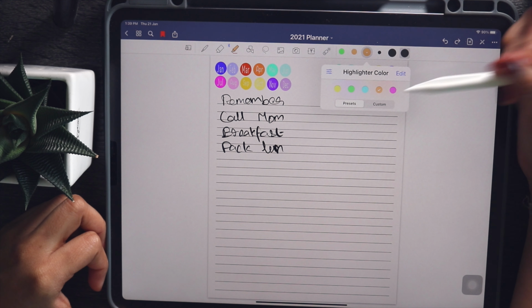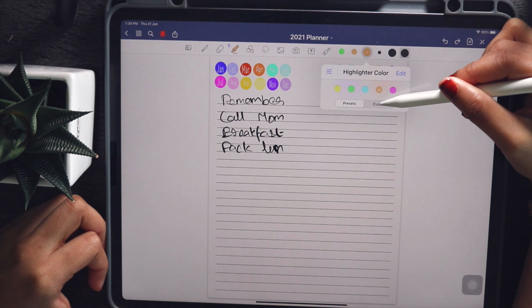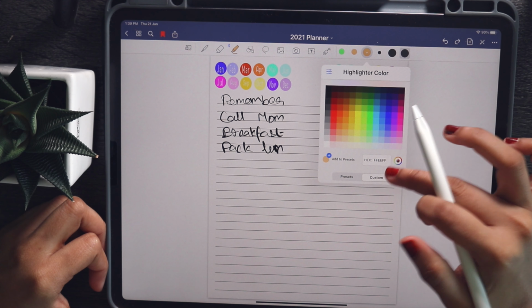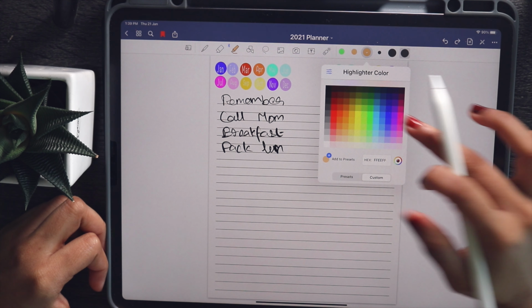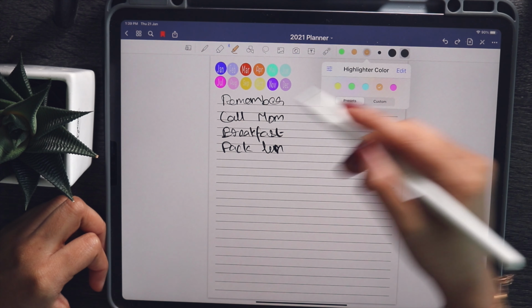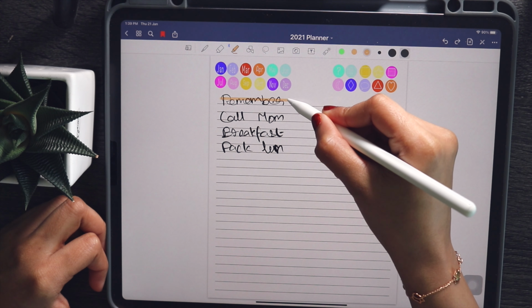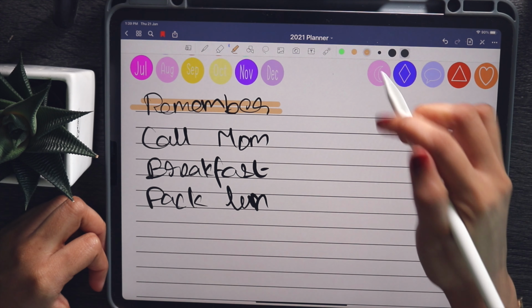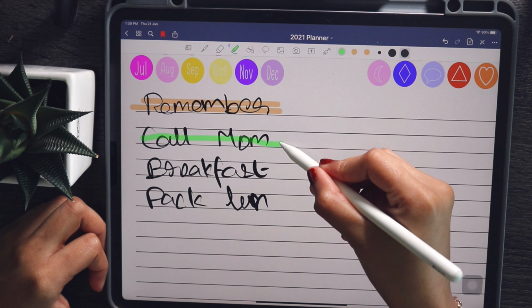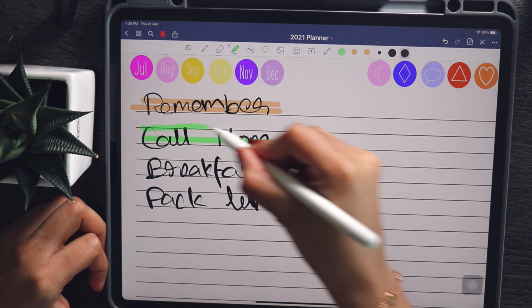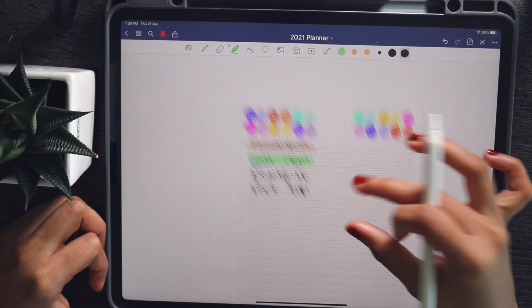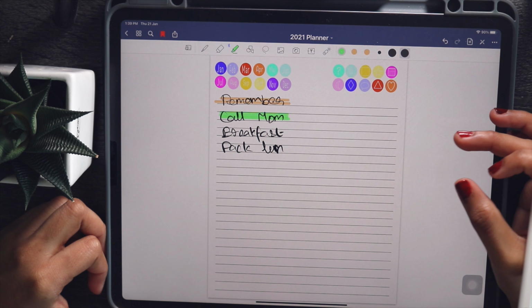So you can choose to do just the lighter or both the light and dark colors. And then once you turn on that lighter and choose a color, you can highlight some more important things. This is one thing I like about GoodNotes over other note taking apps. Some apps highlight over your text, whereas GoodNotes pushes the highlighter behind your text, so you can still see it really easily. So that's the basics of the writing tools.